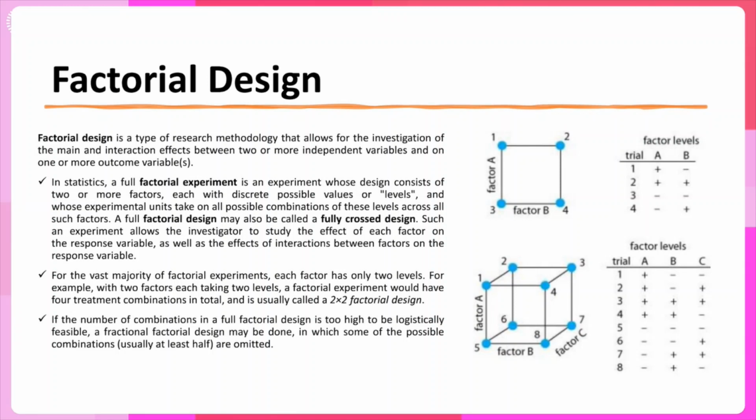So in the case of wet granulation, if you increase or decrease the humidity, similarly if you increase or decrease the temperature, how is it going to impact the quality of the granules? That can be studied using this factorial design. So when we take two factors and we have two levels, we call it a 2 by 2 study. When we have more than two factors and we have two levels, then it becomes 2 by 2 into 2. So my dear students, nowadays these factorial designs are studied using several software.